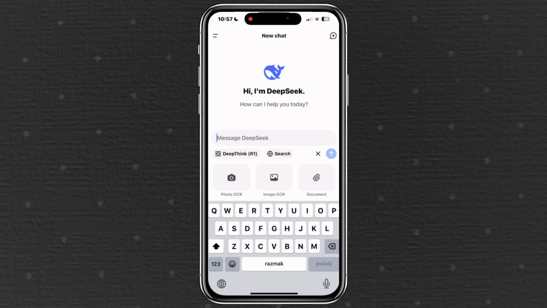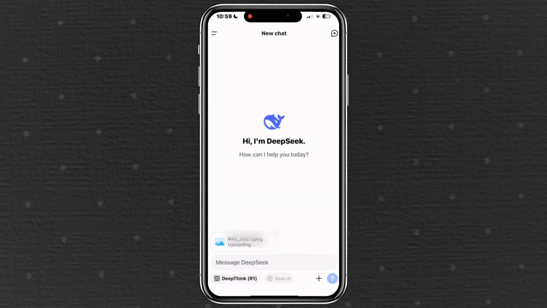If you want to upload a photo from your phone's photo gallery, simply select the second option, which is called Image OCR. When you tap on it, your photo gallery will open, and you'll be able to choose the photo you want to upload. Once you've selected the image, tap on Add, and the photo will begin uploading into the